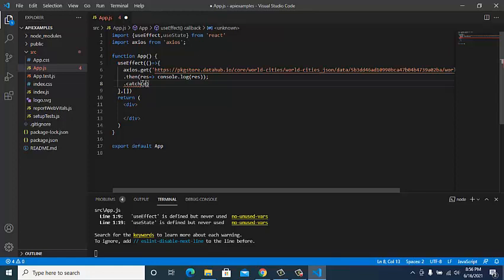And in catch, we'll have error, console.log error. I'll put a semicolon over here.